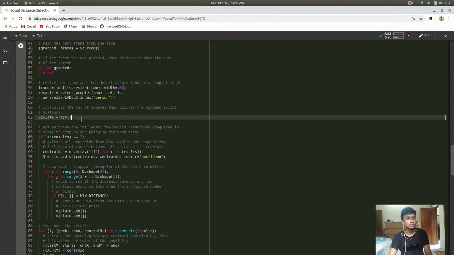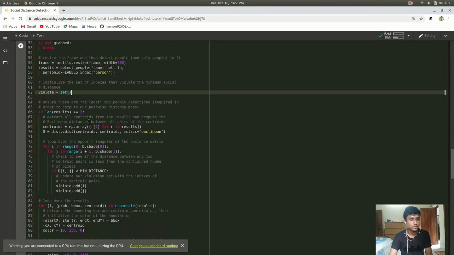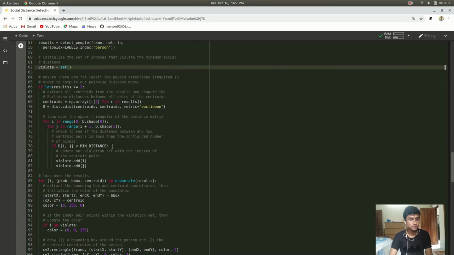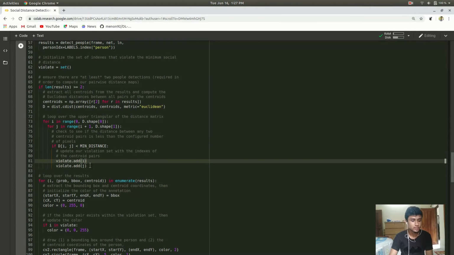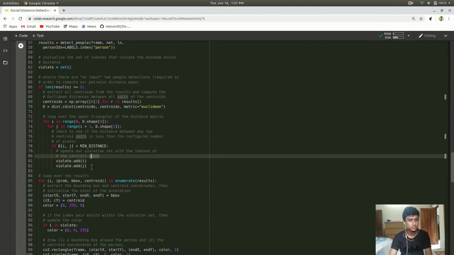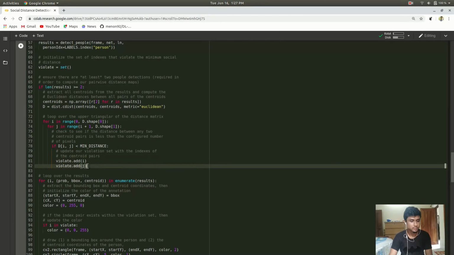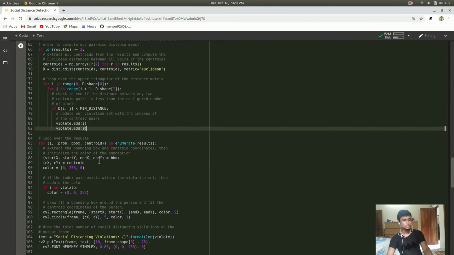And now we are just setting an index that violates our condition. Okay, if len(results) is greater than 2, we are extracting all our centroids and measuring the Euclidean distance from all of them. And if our distance is violated, we are adding their centroid coordinates. Here you can see that we are setting up the colors for green and red.